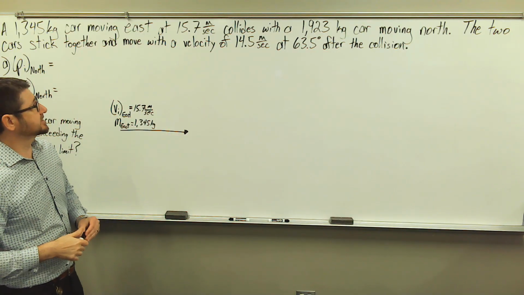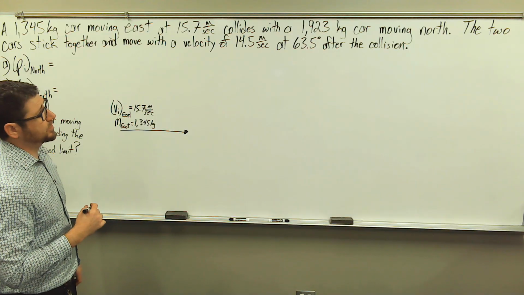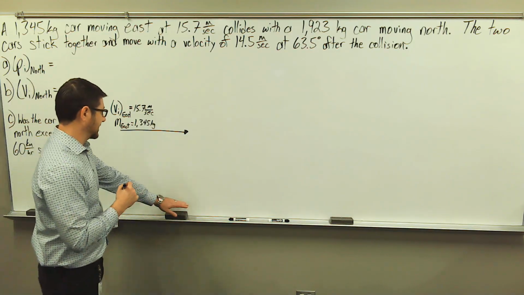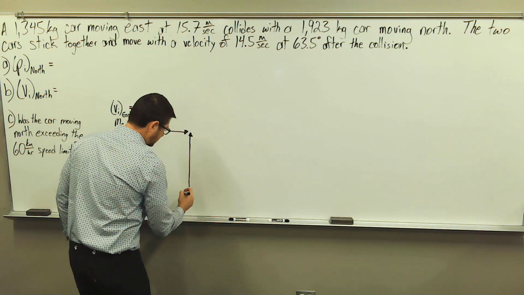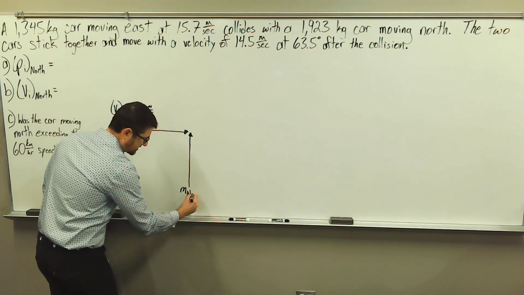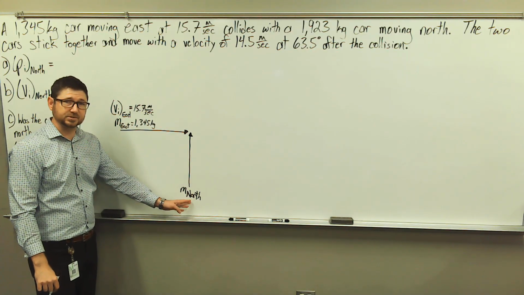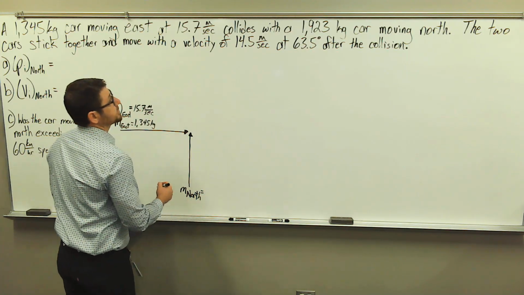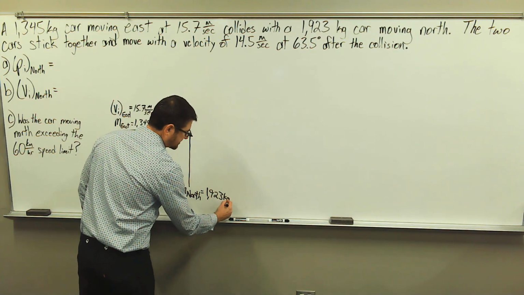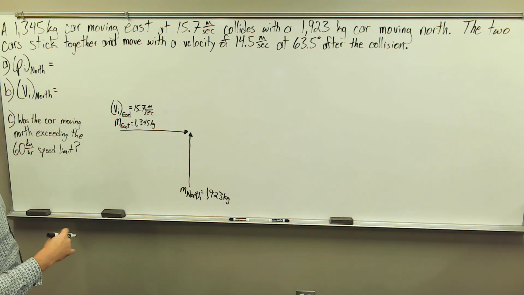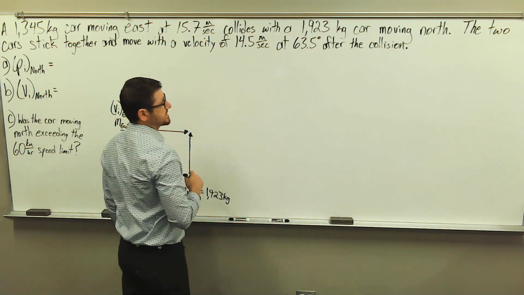Okay? Next, we have a car moving north, has a mass of 1,923 kilograms. So mass of the car moving north. So to keep things straight, I'm going to use a subscript of north. So this is going to be 1,923 kilograms. Okay, the two cars stick together and move with a velocity of 14.5 meters per second at 63.5